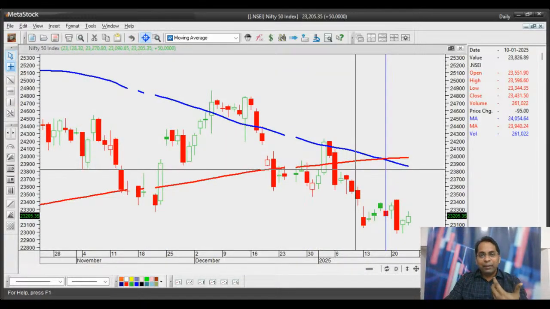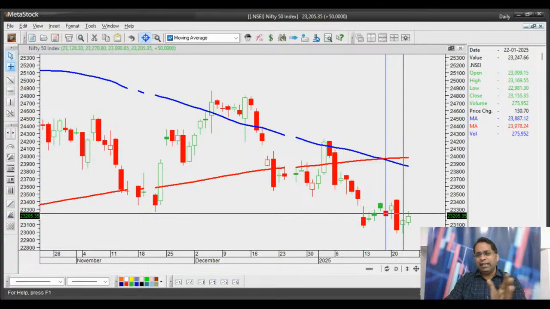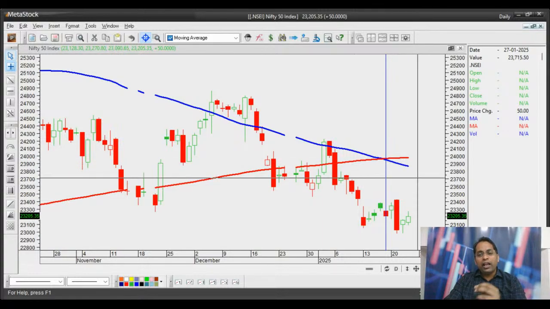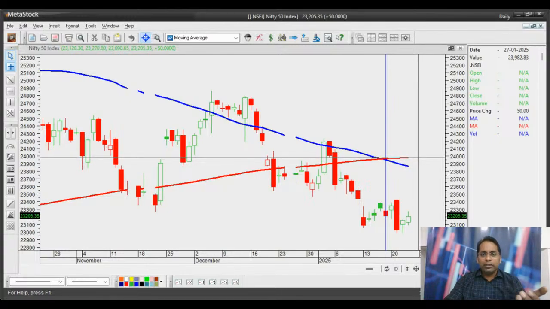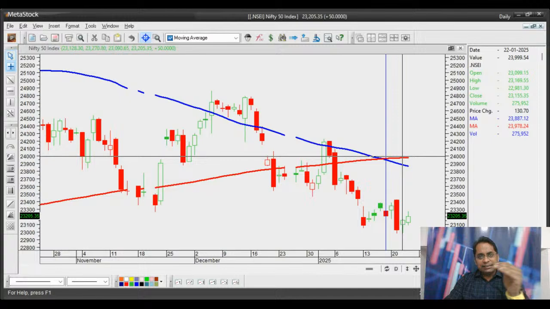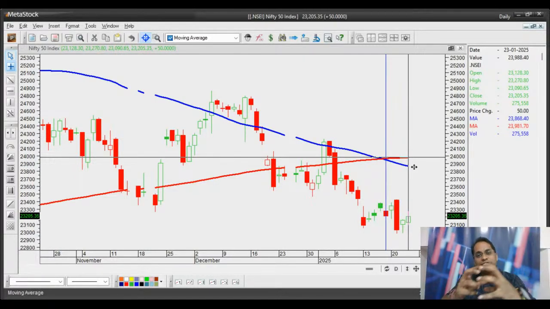So now if we add the data point, and if you can imagine and extrapolate, what could happen is that eventually, say in the next 5 days, 10 days approximately, we should try and come closer to the 23,800 mark, maybe this 24,000 mark. I'm assuming the 200 DMA, this red line, will stay flat at 24,000 levels. But वहां पे फर्स्ट लिटमस टेस्ट होगा इस डेथ क्रॉसओवर का. If we are unable to surpass those levels, then I believe that additional selling can happen and a second round of index selling can take the index further down.